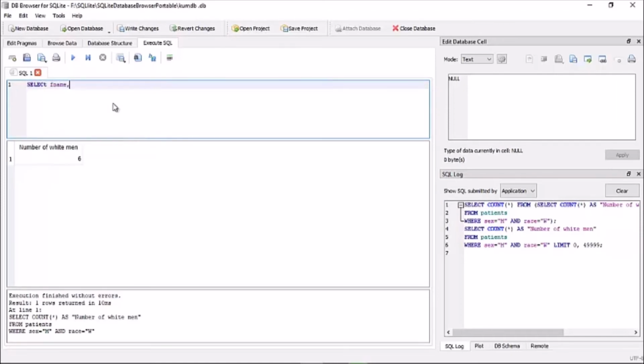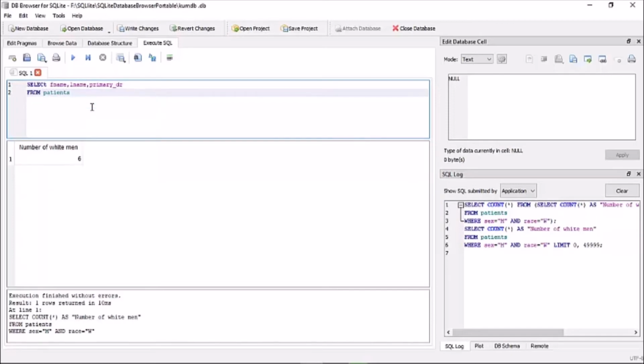I don't need everything, I just need the first name and last name of the patients who have more than 2 primary doctors. So here, instead of a star, I use F name, L name, primary DR from patients table,